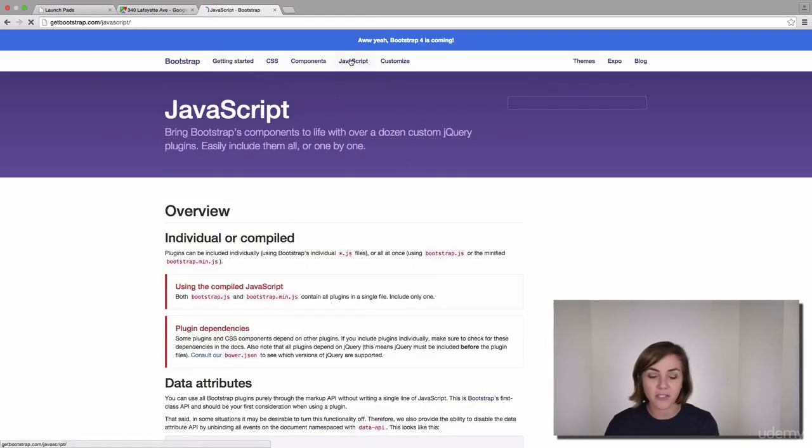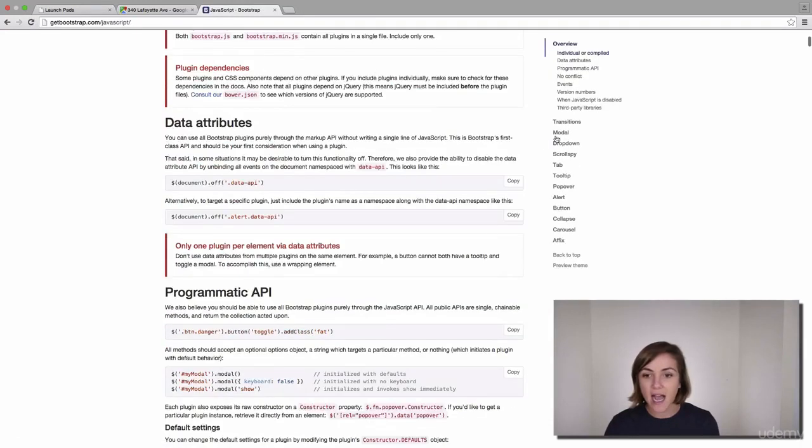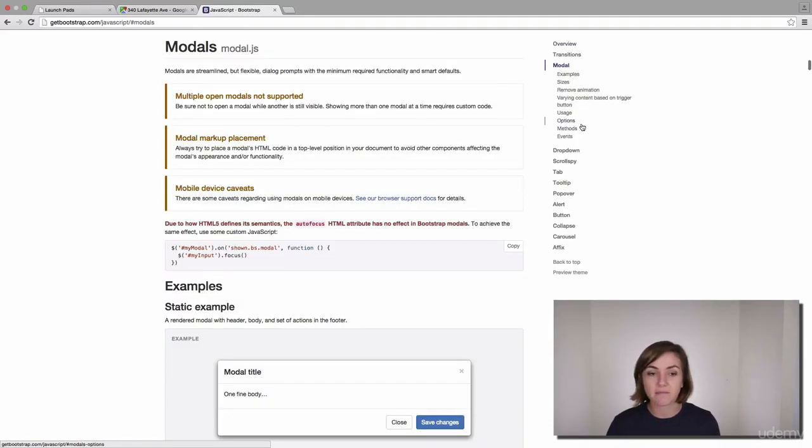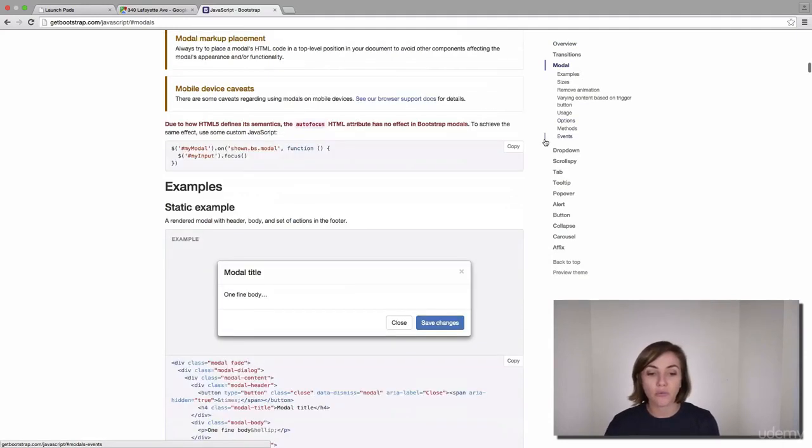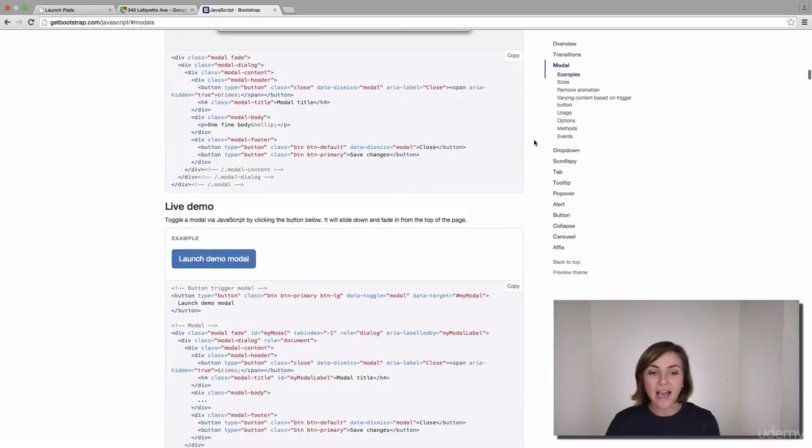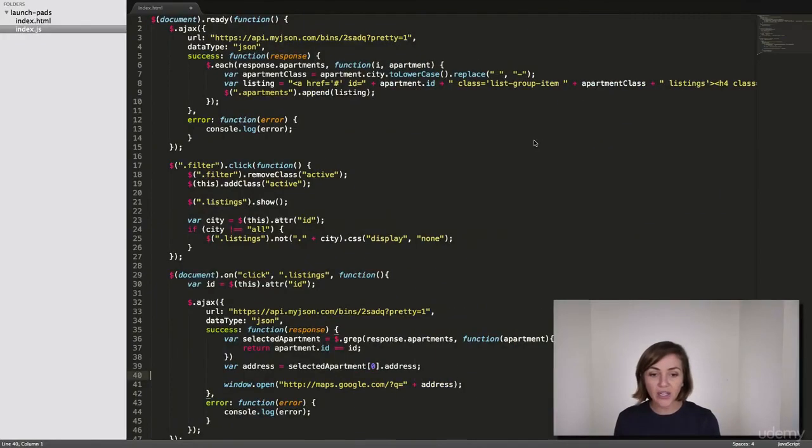If we go up to the JavaScript section, there is some directions on how to implement a modal. So there's some example code here. You can basically pull from this and customize just as we've done in the past. And then looking at our actual code,